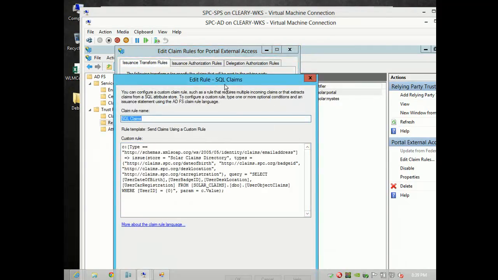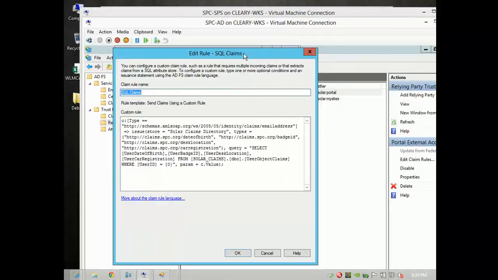Now ADFS has this magical language, which looks like this, which is very straightforward. It tells me that I'm generating specific claim types that are coming back out, and these are my own types. So the first thing it tells me is go and get the email address claim, because you have one coming from AD. Then it validates and says, do you have one? Yes, I do. And then it says, use this specific store, which in my instance is a